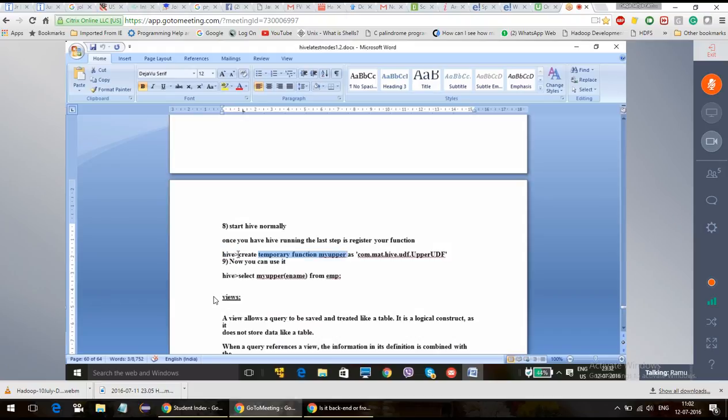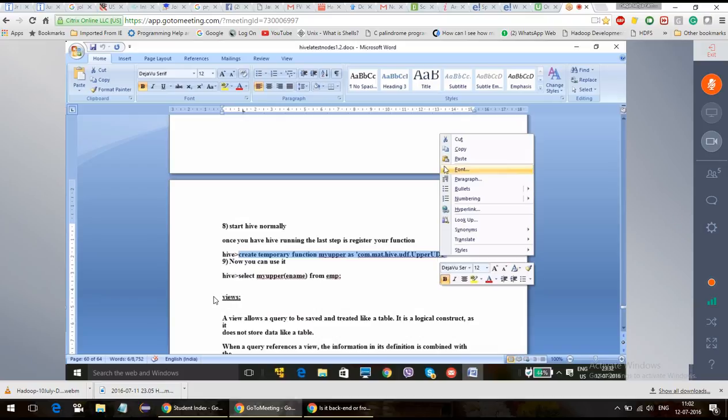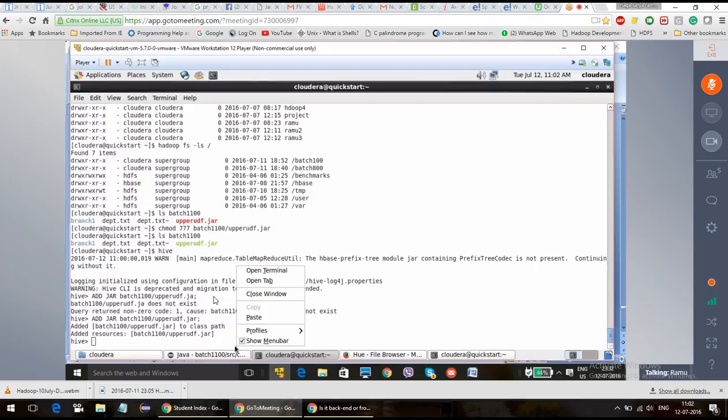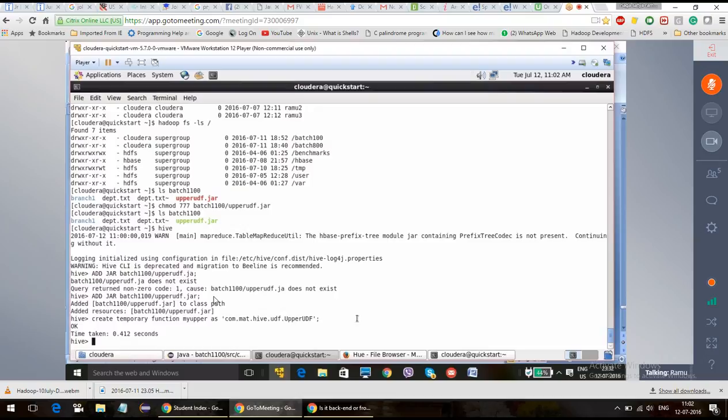Once you have created this temporary function, that function you need to use. The jar is already added to the classpath, so now you can directly execute this. So the temporary function myupper is created. Okay. Now how you can